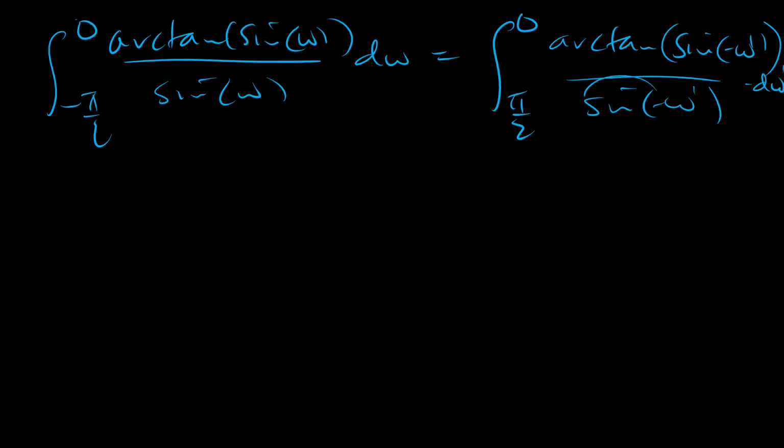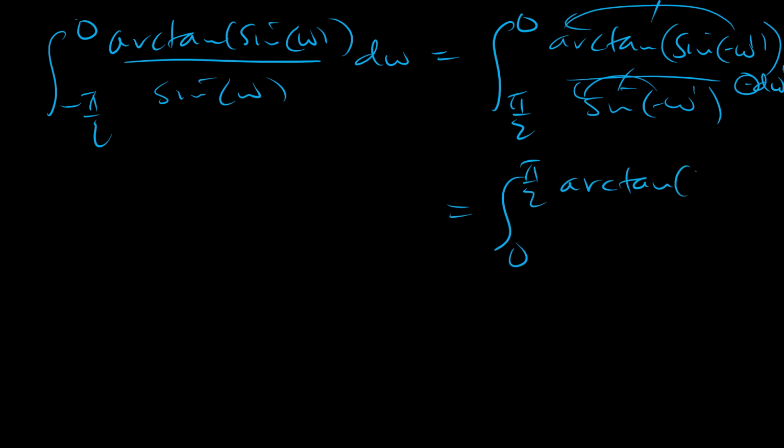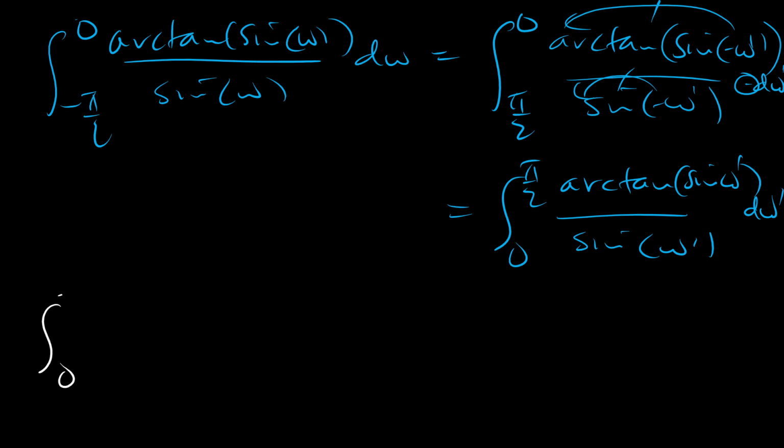You see, the negative propagates out, and this and that cancel, but we have this one here that causes the sign to flip. Therefore what essentially we have is that our original integral from 0 to pi